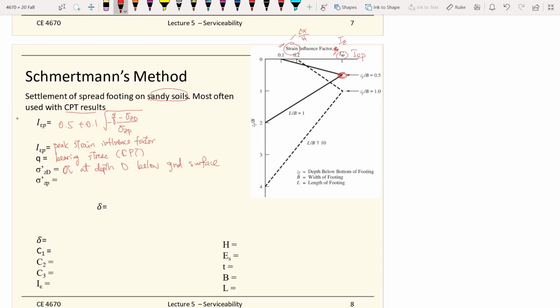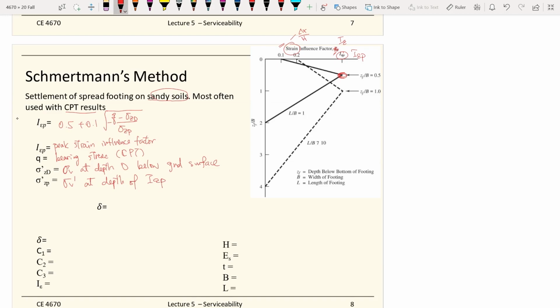And the sigma p I Cp is the vertical stress at the depth of the peak